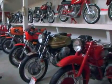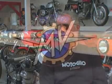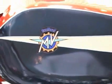I came back from Italy to visit my parents who were living in Los Angeles, and I went to the races up in Laguna Seca. And from the distance, I spot a red, white, and blue motorcycle. I go, could that be an MV Agusta 750 Sport here in America? I borrowed my friend's binoculars and I look, and there it is, sitting in a sea of Japanese bikes is this pristine